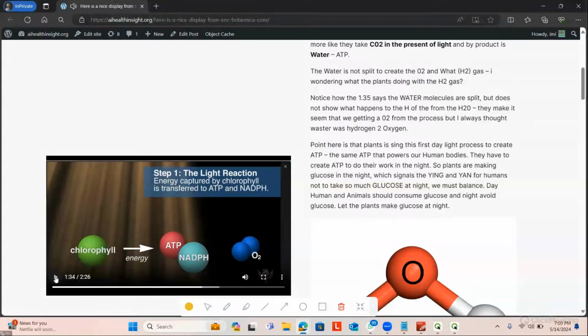So the first thing the plants do, Sydney, if that is the case, you need to get something to clean your nose. In the day, the light of the sun is being converted into stored energy called ATP and NADPH in a plant. So the light is being trapped and made into adenosine triphosphate by the chlorophyll of the plant.